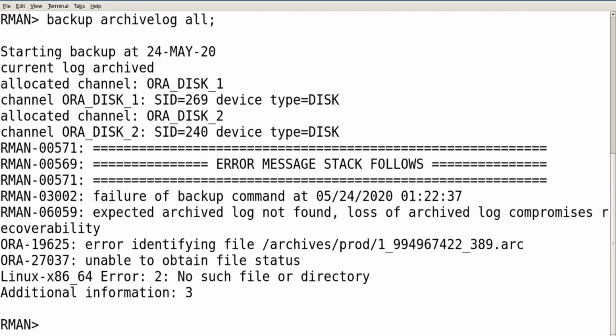It's allocated to the channel, and you can see an error. Okay, we have a missing archive log file, sequence 389. Let's run a crosscheck using CROSSCHECK ARCHIVELOG ALL.